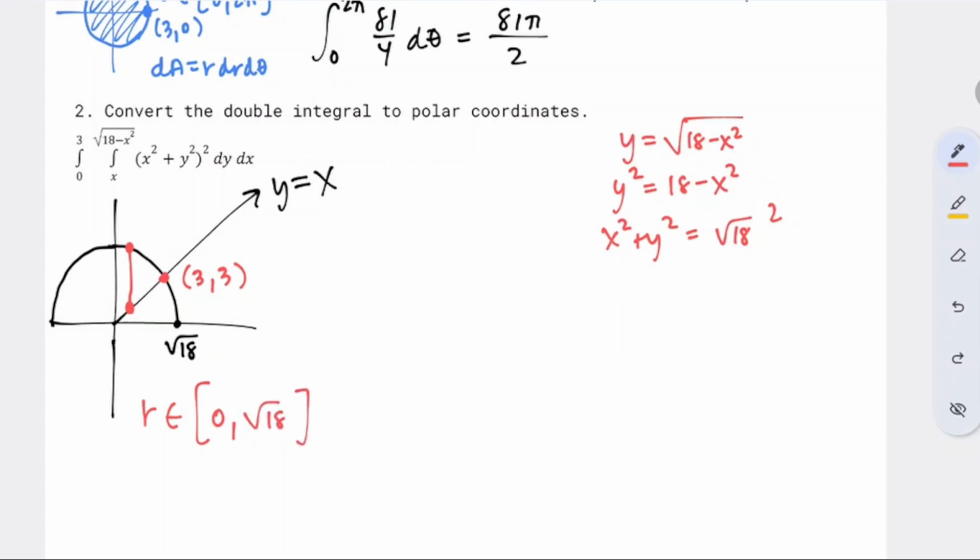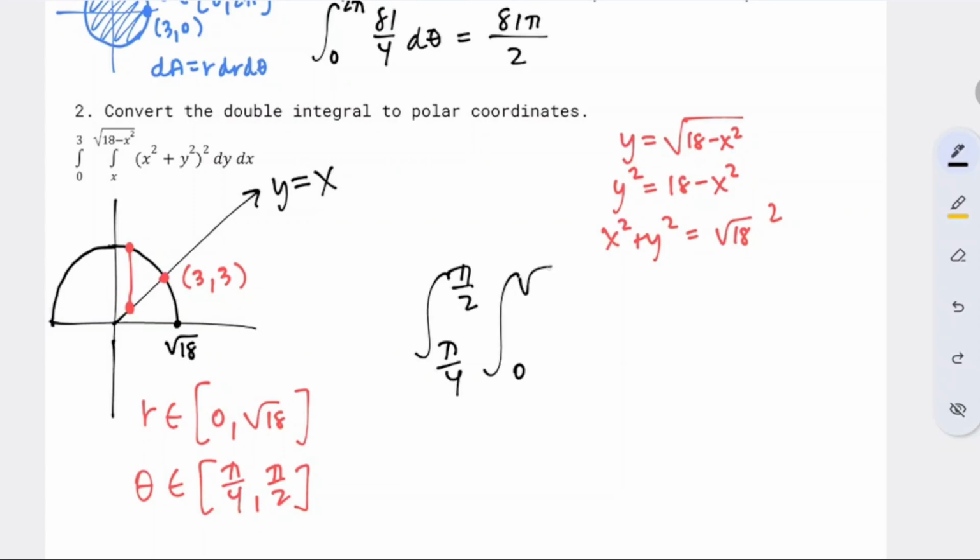Cool. And that's 3 root 2. That also makes sense. And then theta, now I understand why it was 18 minus x squared. Theta is going pi over 4 to pi over 2. Okay, so if we wanted to convert this into polar coordinates, I need to remember that dA is r dr d theta. Okay, theta going pi over 4 to pi over 2, r going 0 to the square root of